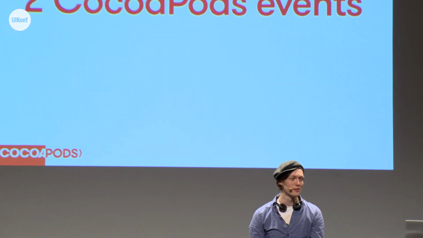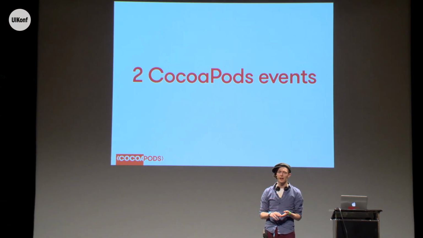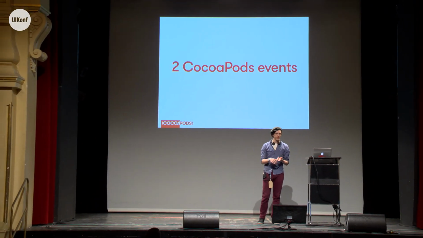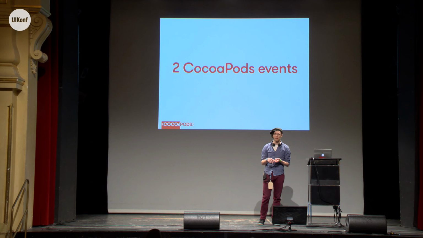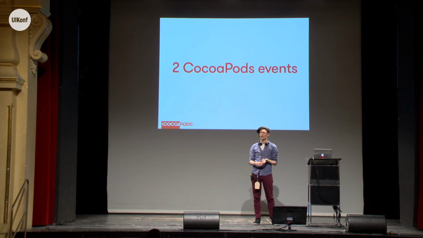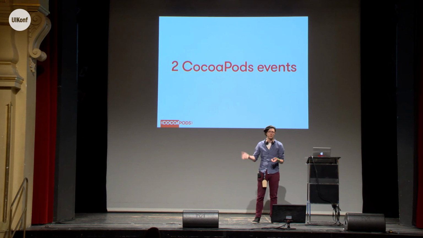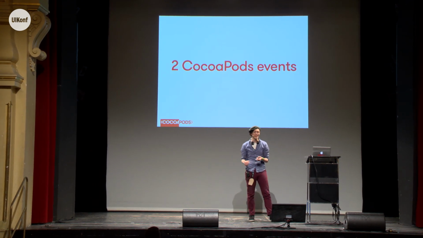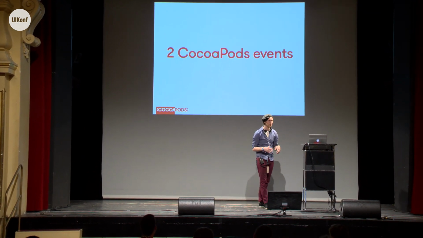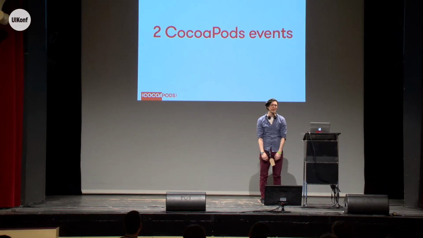And finally, there are 2 CocoaPods events coming up at WWDC. Oh, and there's a third, actually. We're doing labs at Alt Labs. If you are going to be in San Francisco, the week before, there's a RubyMotion conference, and we're doing Cocoa with them, which is a collection of small lightning talks. Then there's a CocoaPods State of the Union talk, which gets most of the core devs to come and talk about what they've been doing. Really cool. And then the Alt Labs, where we'll be doing something cool too. So if you have questions,